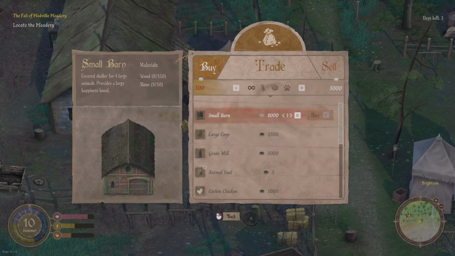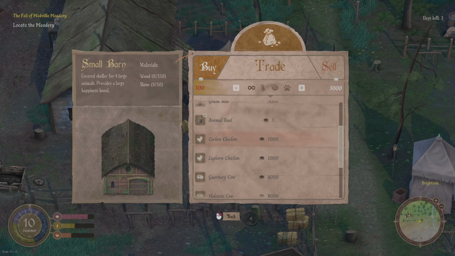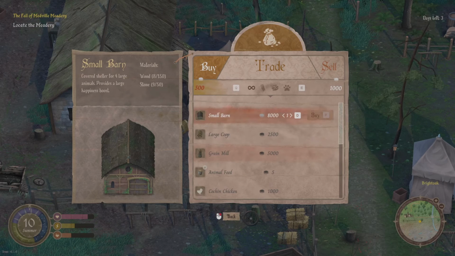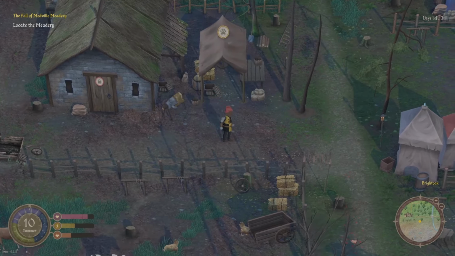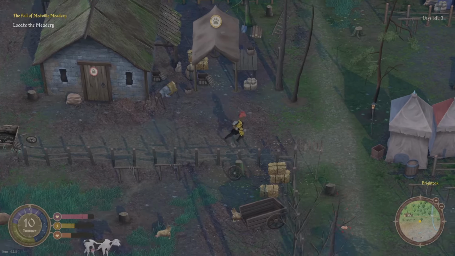Trade. Ooh, a barn, a coop, grain mill, animal feed. Chickens and cows and bulls and goats and a horse. These are all going to require way more money than we have, but this is good to know. So can we see this on... Yeah, see, I can't see on the map where these items are, so I'm going to have to remember where